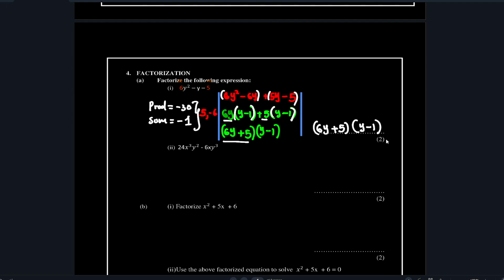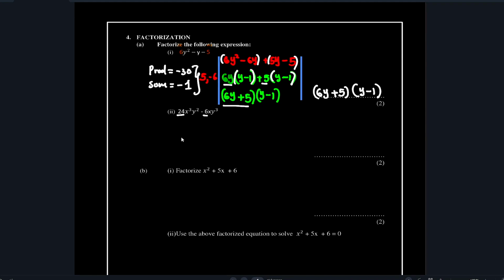Moving to Roman 2 of A. Here we are just going to factor out common terms, and you see we're having 24 and 6, so the common factor there is going to be 6. We're going to factor out 6, and x is appearing in the two terms, so this x is going to appear outside. We have y squared and y cubed, so we're going to take the least power, y squared, so that we're going to remain with